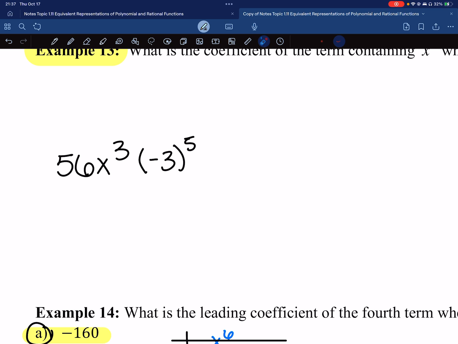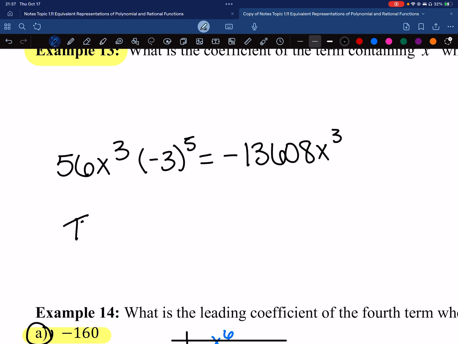And that should get you an answer of -13,608. And that would be the coefficient. So this would also be x cubed, and we just want the coefficient. So the coefficient is